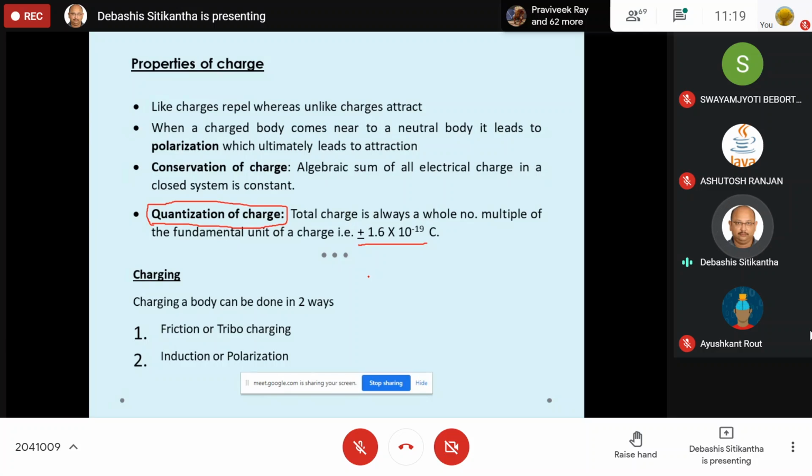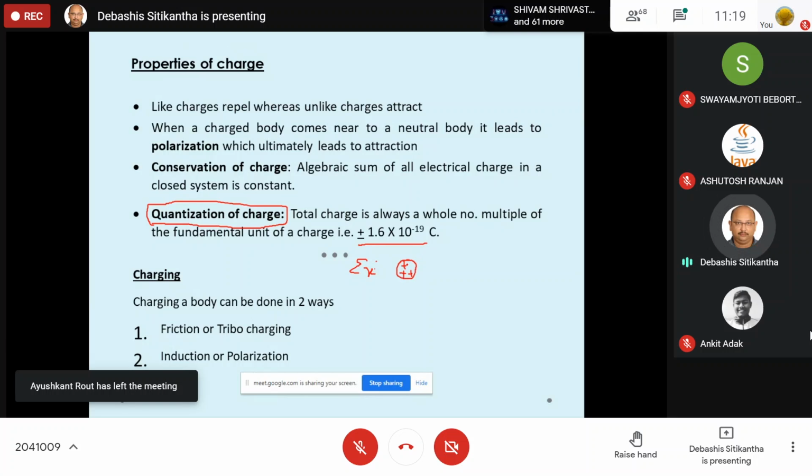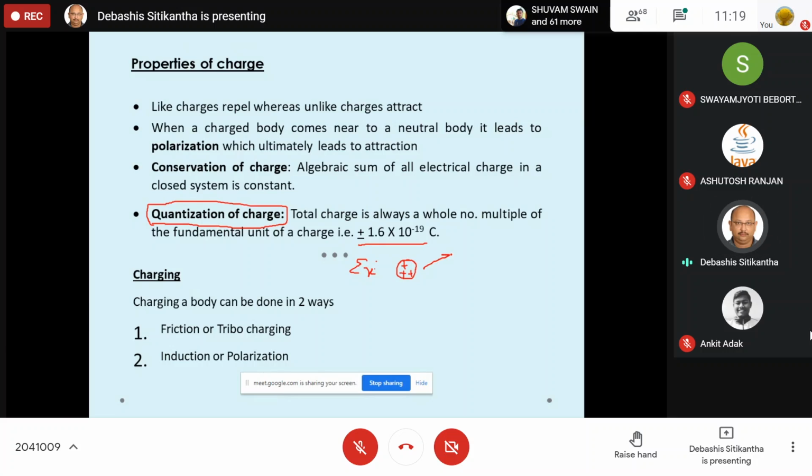Now suppose, by giving an example you can very easily understand. Let us say that there is a positively charged body. I will ask two sections of students. Suppose I ask your section to measure the charge over here. I will give you some instrument to measure the total charge of this positively charged body. From your section, let us say you told me that it is containing 8 into 10 to the power minus 19 coulombs.